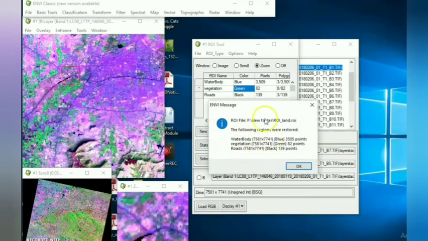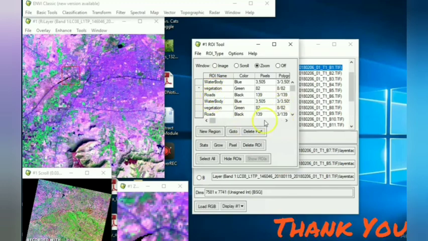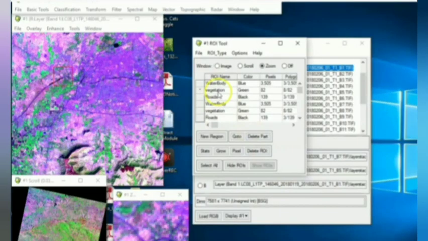You can load the ROIs. You can see the 3 ROIs we have created. Click on OK. It will export the ROIs. Now see in the ROI tool you can view the three ROIs for water body, vegetation and roads. As the ROI tool is already open, it has opened all the ROIs twice.